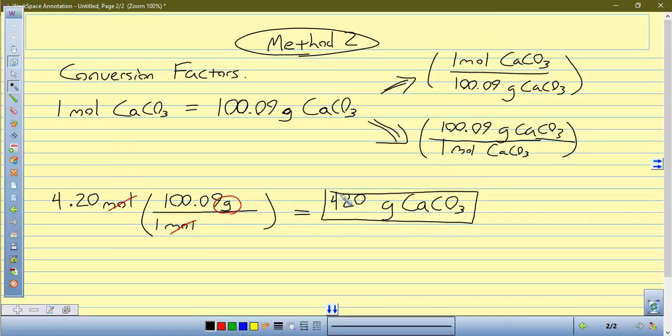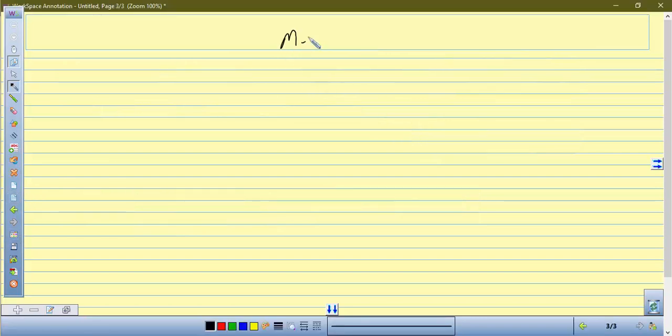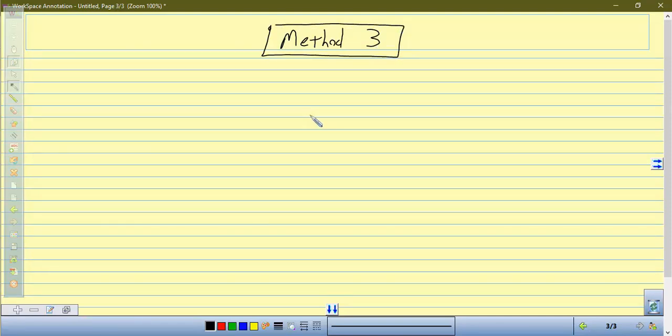Okay. Method 3. Method 3 is, you know that Stockinger gives open notes tests, and you can't remember anything that I just taught you in Method 1 and Method 2, and you know you're going to forget it. Method 3 is, use this page in your notes as a cheat sheet during the test. Okay? So for moles,